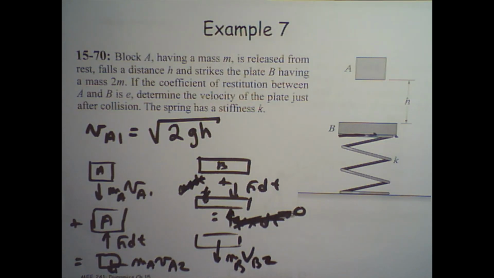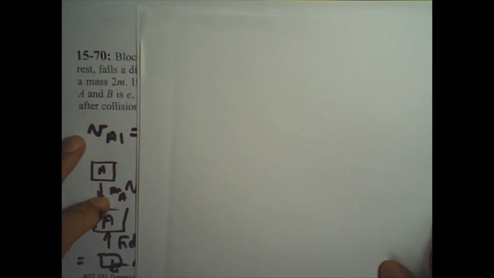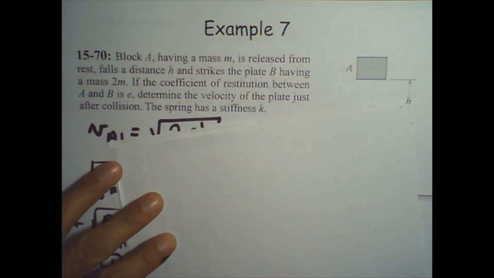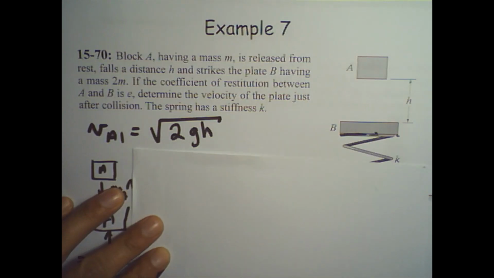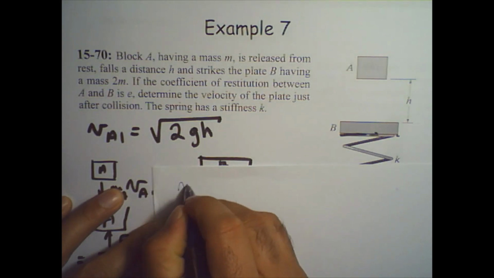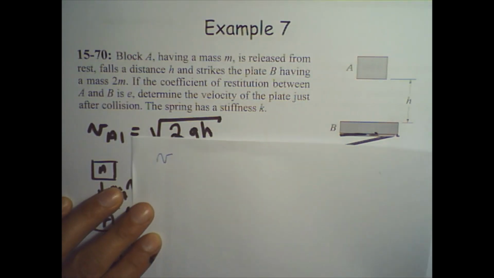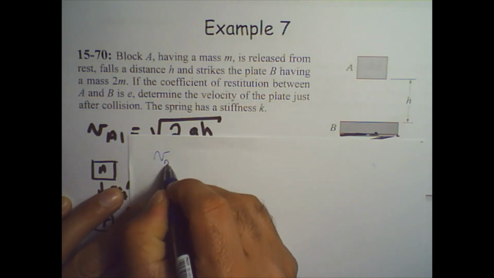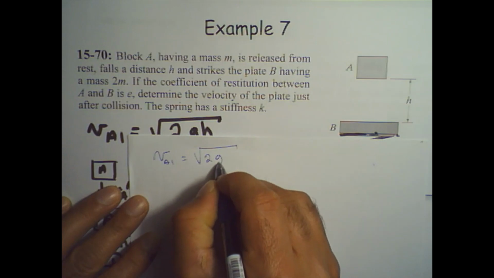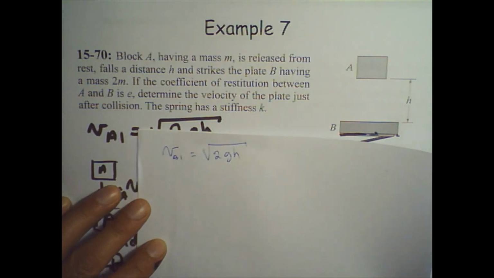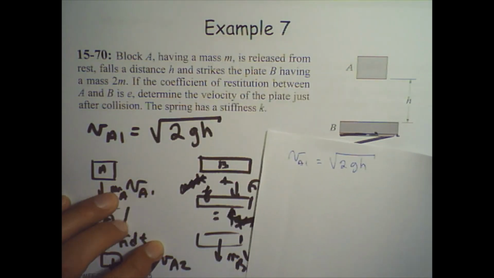Alright, so let us continue this problem here on this white piece of paper. So basically this is what we have. We know we have v_A1, let me write that, is equal to the square root of 2gh,